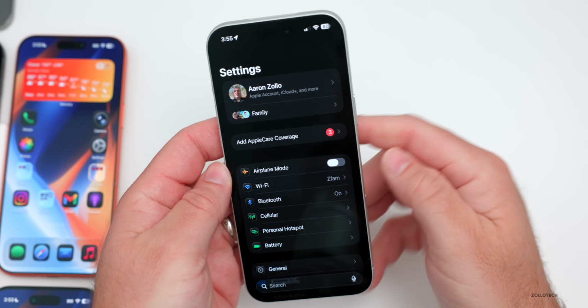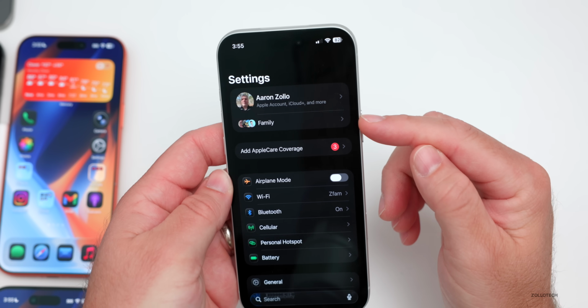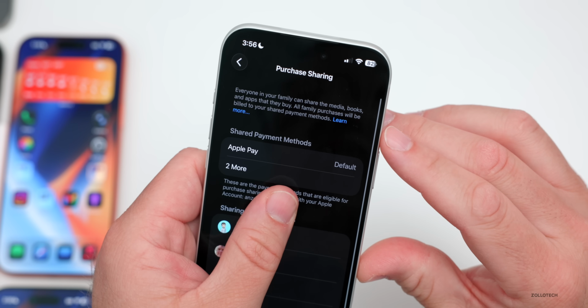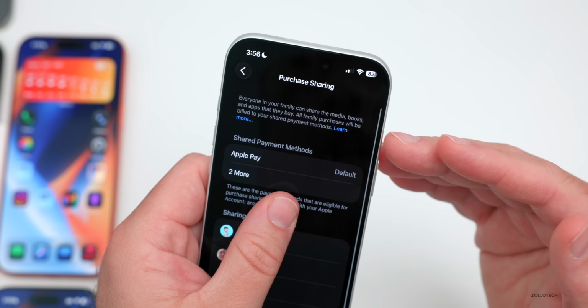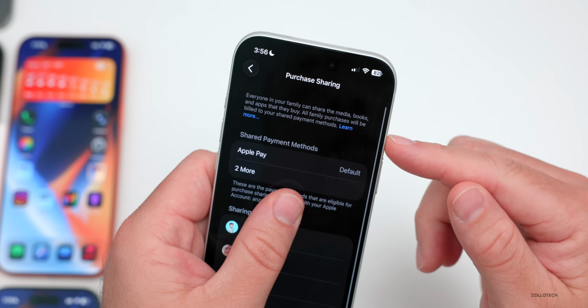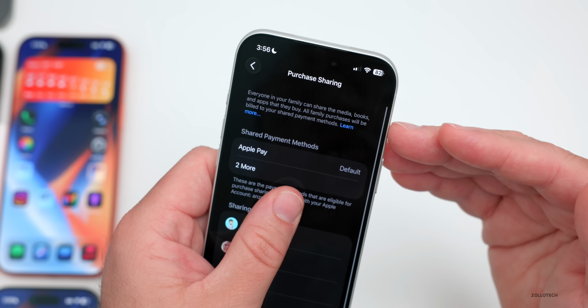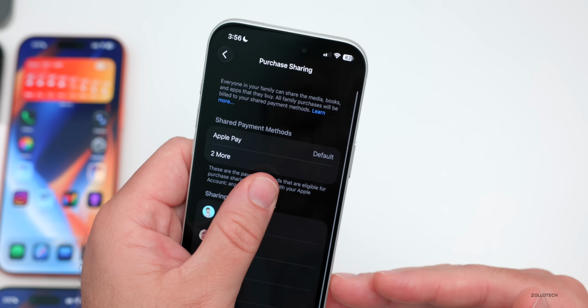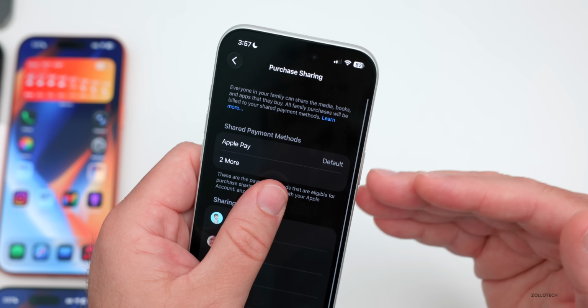Back within settings, if you have a family set up, they've made some changes. And within family settings, under purchase sharing, it now lets adult members in the family sharing groups use their own payment method without relying on the family organizer's payment method. So I have a bunch of people under me, they no longer have to rely on my card,